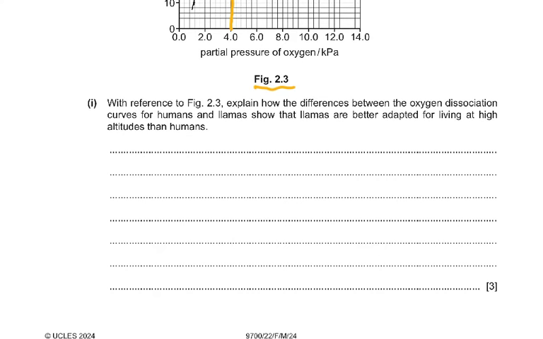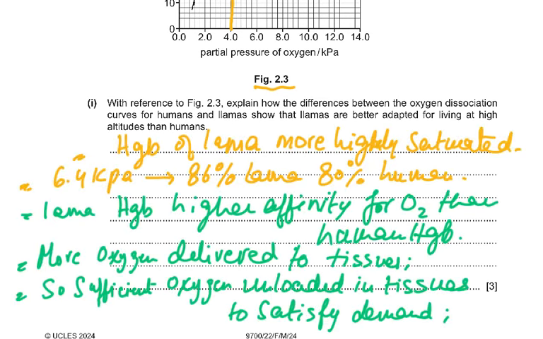So with reference to it, we gave all the references and we're talking about that. Hemoglobin of llama is more highly saturated, 6.4 kilopascals, 86% llama, 80% human. So there's about 6 to 7% higher oxygen saturation for llama. Llama hemoglobin has a higher affinity for oxygen, more oxygen delivered to the tissues, so sufficient oxygen unloaded in tissues